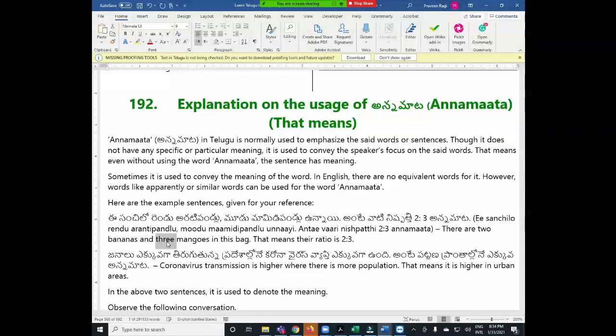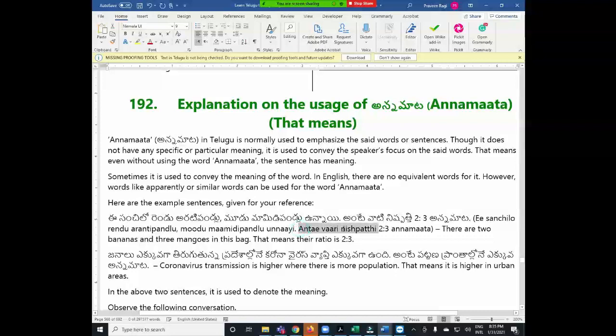Then as I mentioned before, in English we use the word and, but when you are writing something you can use the meaning like మరియు, రెండు అరటి పండ్లు మరియు మూడు మామిడి పండ్లు ఉన్నాయి. Yes, it is correct. But in spoken Telugu we skip the meanings like and or. These conjunctions we don't use in Telugu. We just read continuously. రెండు అరటి పండ్లు మూడు మామిడి పండ్లు ఉన్నాయి. That's all. That is enough in spoken Telugu. Okay, then let us focus on the next sentence.